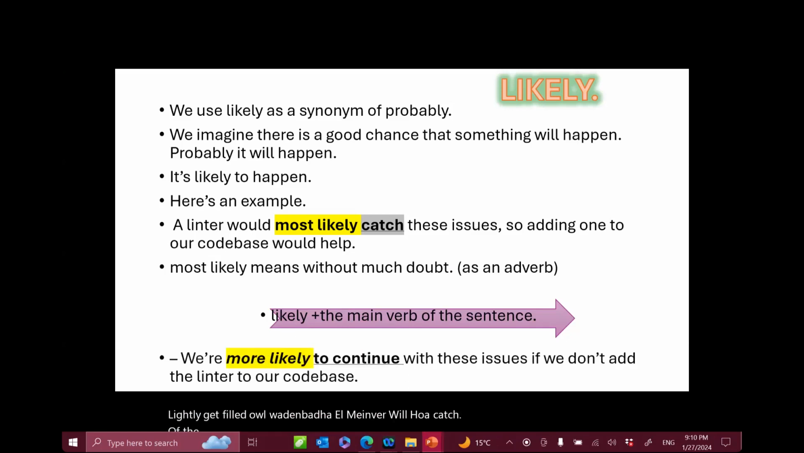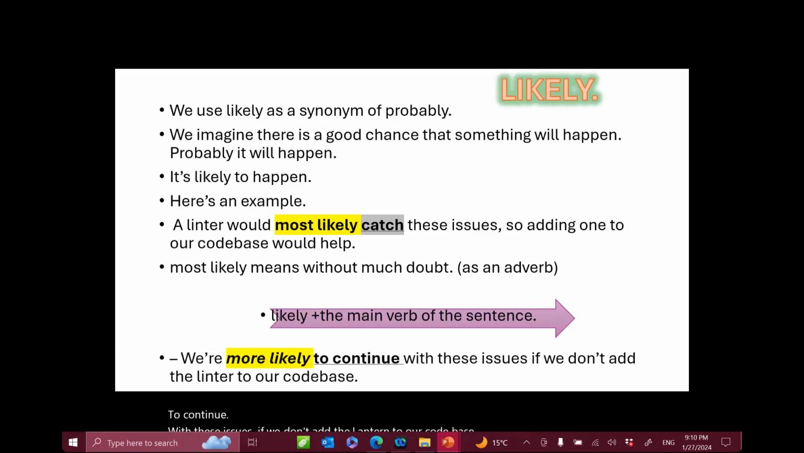أوكي؟ again جملة تانية example we are more likely عندي فوق most likely هنا more likely. أوكي؟ We are more likely to continue with these issues if we don't add the linter to our code base. شفتوا الجملة بتقول إيه؟ We are more likely to continue with these issues لو إحنا ما عملناش إيه؟ If we don't add the linter to our code base. يعني إحنا لازم نضيفه على الكود بيس بتاعنا. أوكي؟